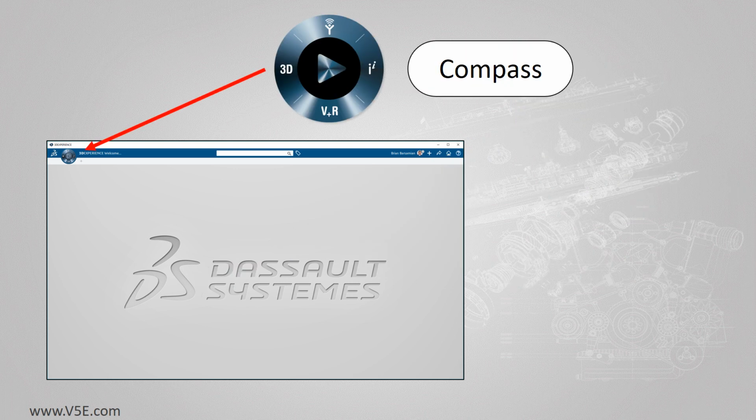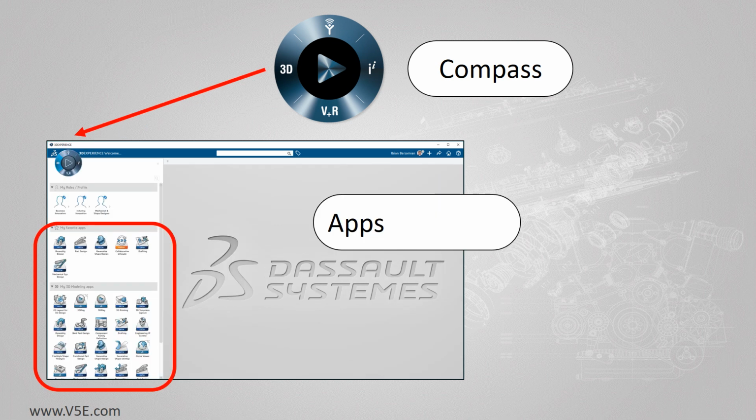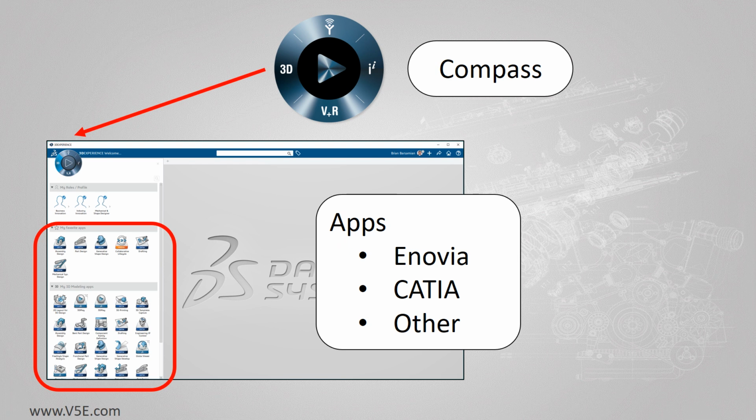The compass allows you to view your apps. And there are 4 sectors on the compass, and each has many different apps on it. So there's lots of different apps. There are 3 major kinds of apps: Enovia apps, CATIA apps, and we'll call all the others other apps.